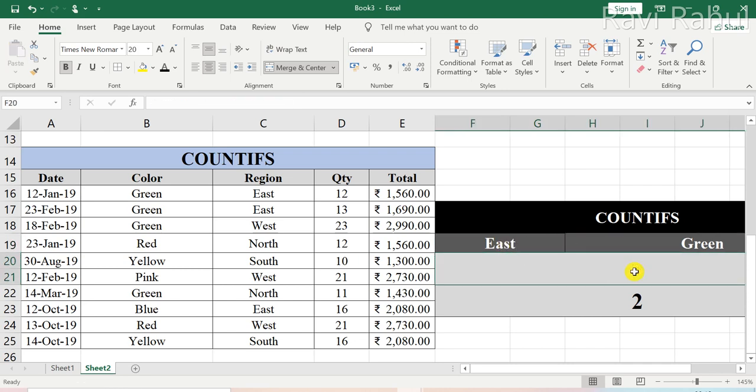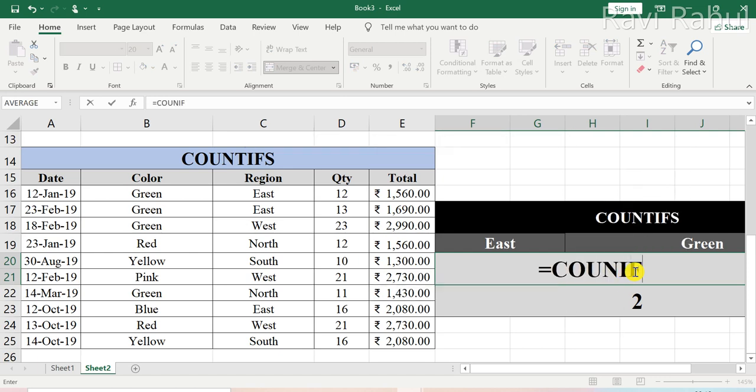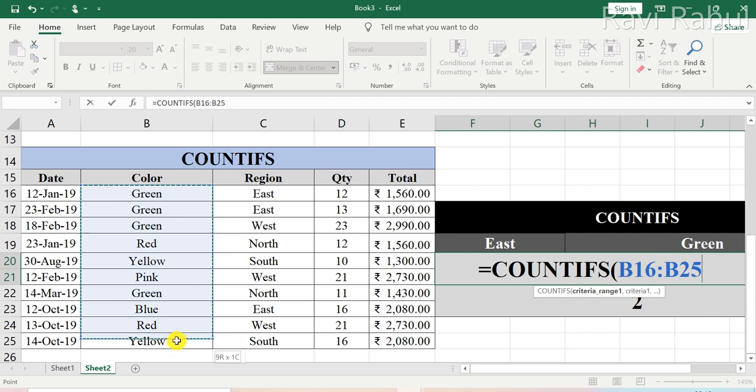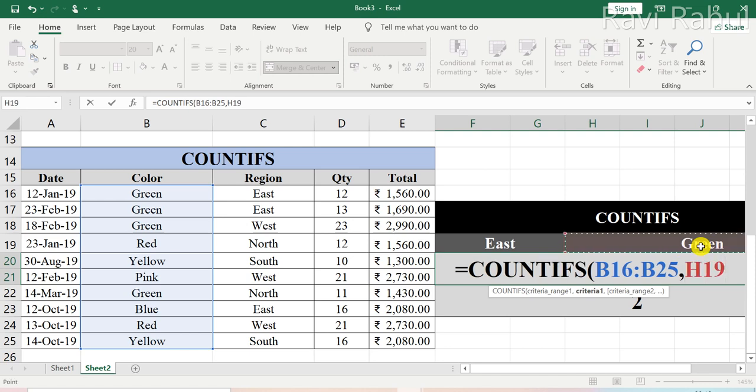So in order to proceed with that, we will hit the equal to sign and type COUNTIFS and then select the range and then give the criteria. It was for colors. I have taken it dynamically, so that whenever I change the color, it will count those cells. Okay, again hit the comma sign and then again select the range.